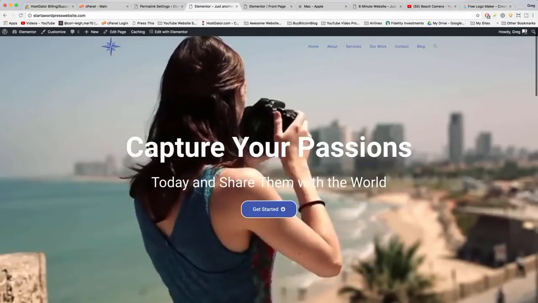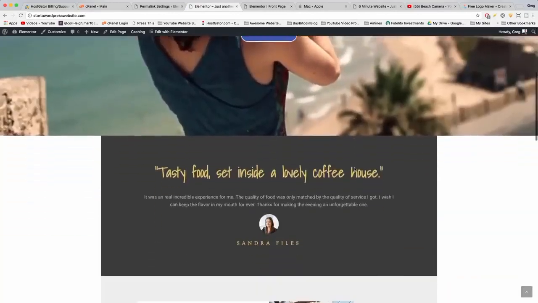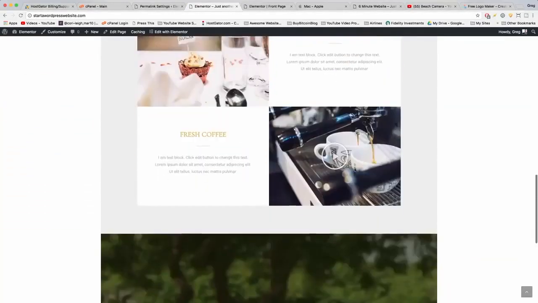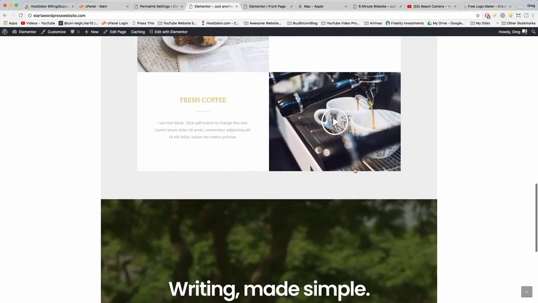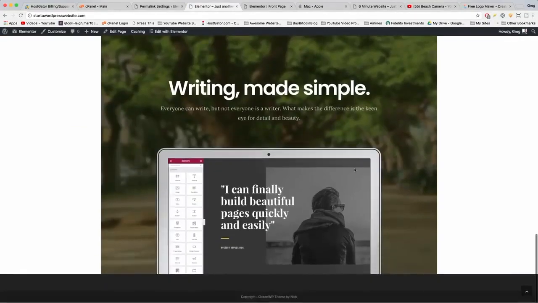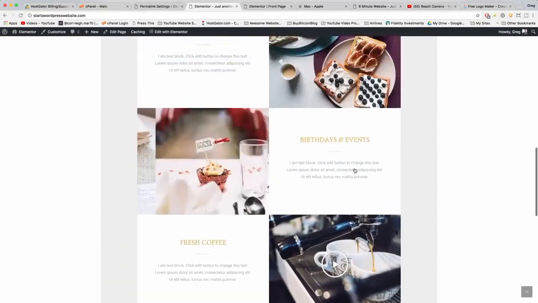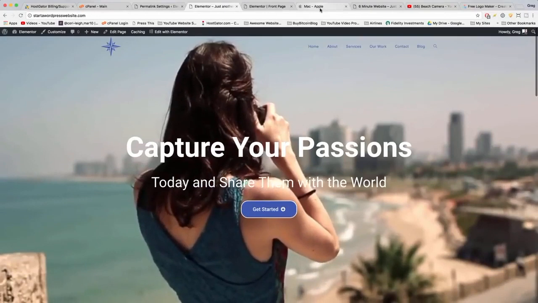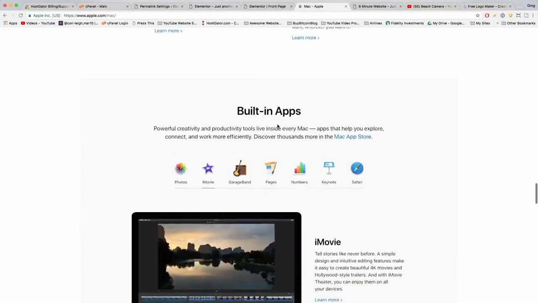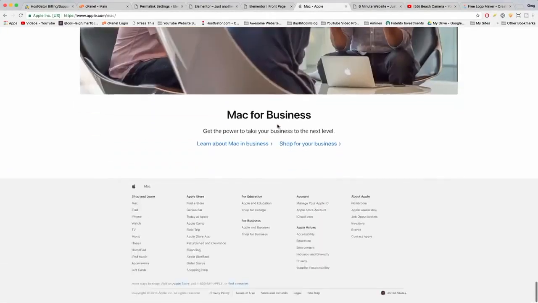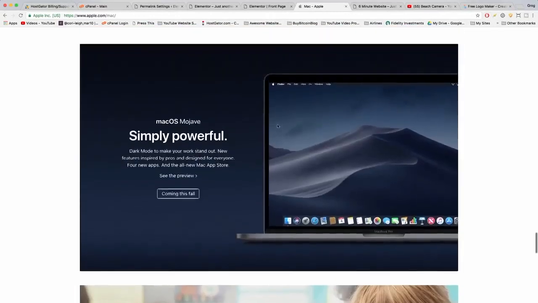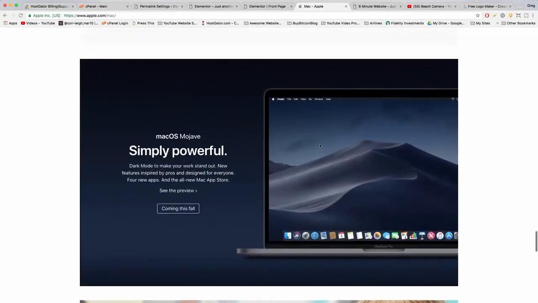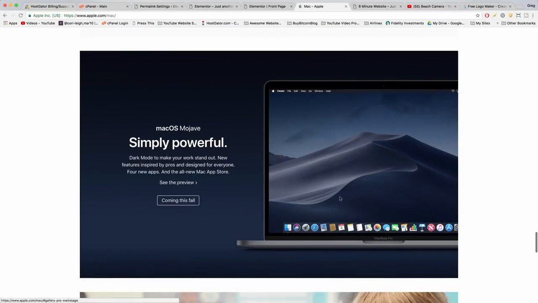All right, so while I still have you, before you start going crazy with all that Elementor can do, I want to show you how you can replicate elements on other websites that you see on the web using the power of Elementor. So let's go to the Apple website, and before they change the entire website, I want to show you how to build this really cool section right here with the MacBook, and then you have the nice font and the heading and then the button and the link. So I hope to show you that if Apple can create it on their website, you can create it on